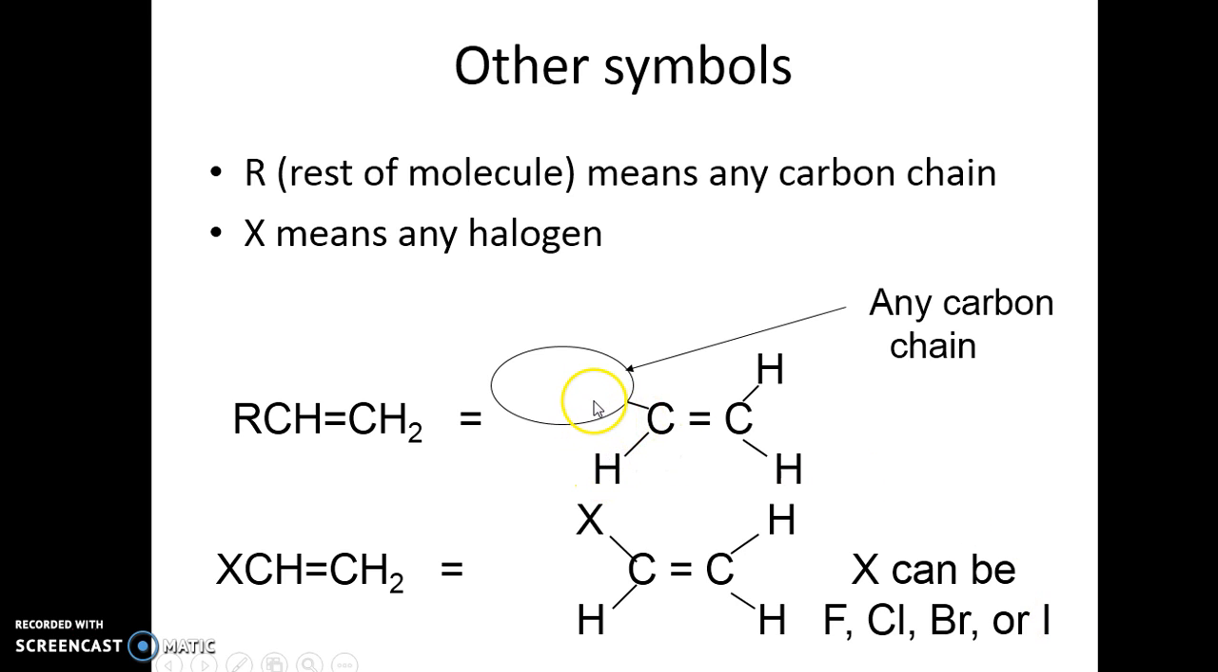When we put an R group on, realize it can mean 1 carbon or it can mean 42. It doesn't matter that we're not focusing on that part of the molecule. What we're focusing on is the part that is drawn